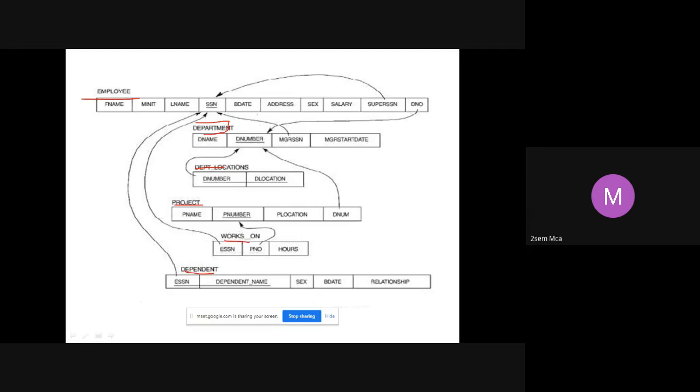Look at the way they have connected it. D number is a primary key in the department table. In department location, it acts as a foreign key. So look at the arrowhead. D number acts as a foreign key in the project table. Look at the arrow there. D number is a foreign key in employee, so the arrow should come from employee to D number of department. Look at the arrowhead here. That's how you write it. Further examples in our lab exercise also, we'll be writing all these things, so it will be more practice for all of you.